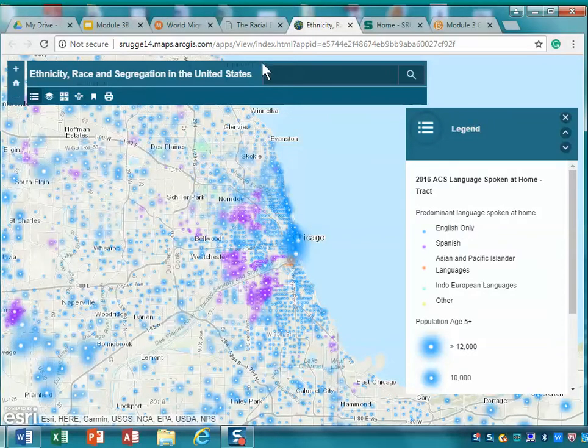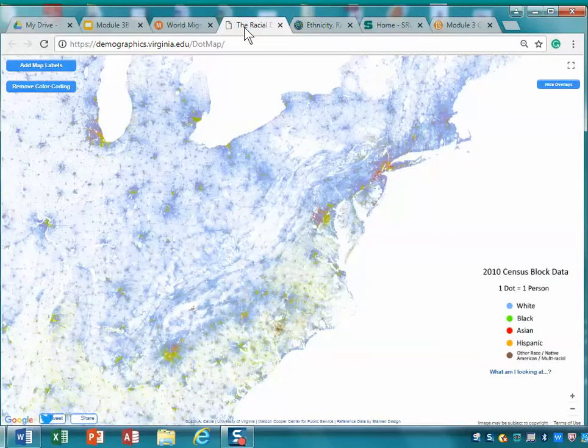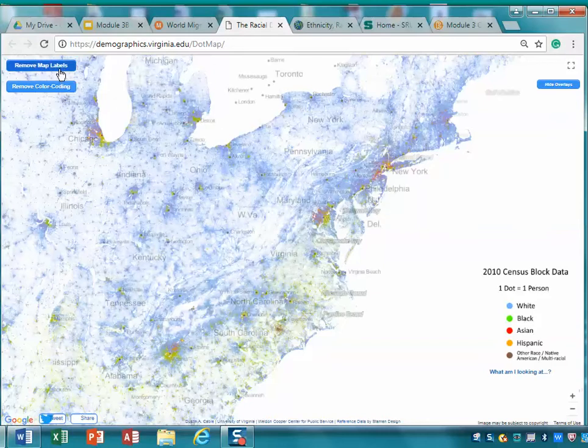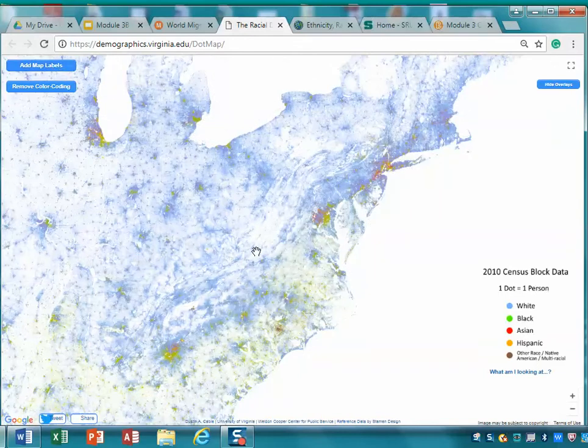The next thing that I do want you to look at is what's called the racial dot map. And the racial dot map, unfortunately, is an incredibly dense data set. It's a little difficult to navigate, but it looks like this. Again, there are very few navigational aids here. You can add map labels, which makes it a little easier to navigate. But what this map shows is literally every person in the United States according to the 2010 census